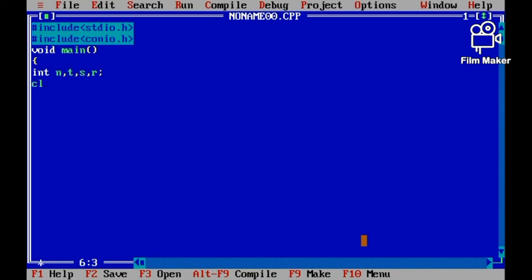Then clrscr to clear the screen. Then printf, which is an output function, "Enter any number".